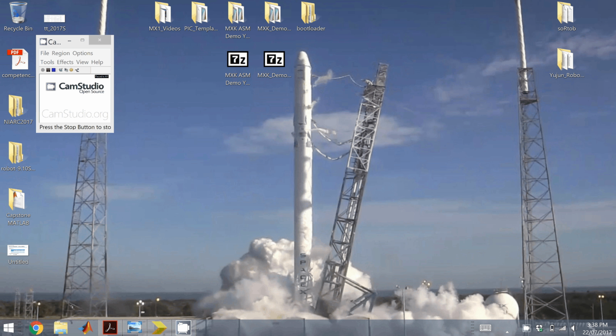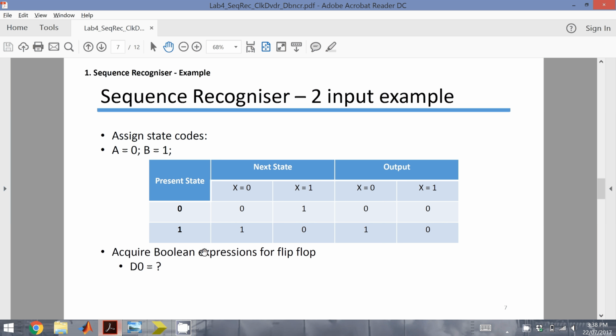Welcome to Lab 4 example. We're going to take you through designing the sequence recognizer example, so two input example. So where we left off from our